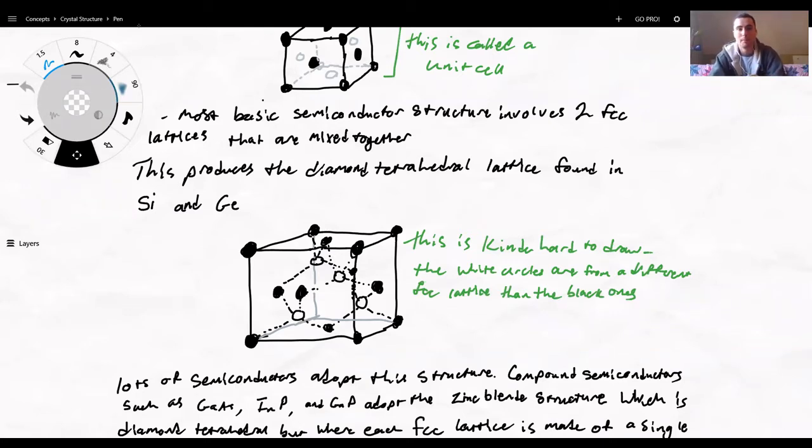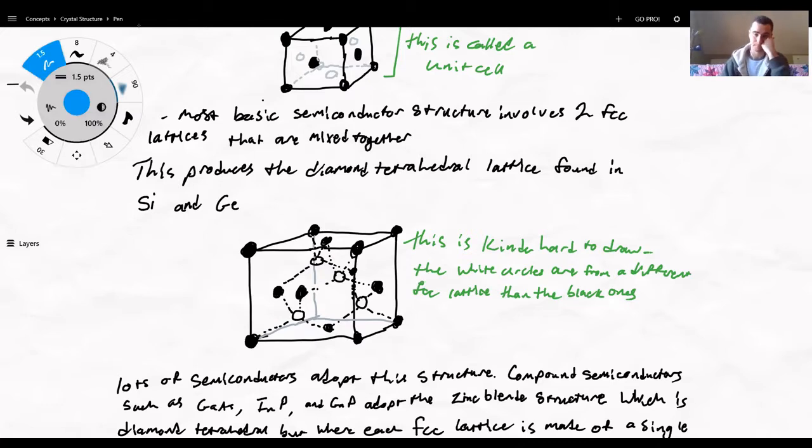So this is your diamond tetrahedral lattice. Lots of semiconductors adopt this structure, especially what are called the adamantine semiconductors, which are the ones that have an average of 4 valence electrons. So that's silicon and germanium, which actually do have 4 valence, or some of the compound semiconductors like gallium arsenide,